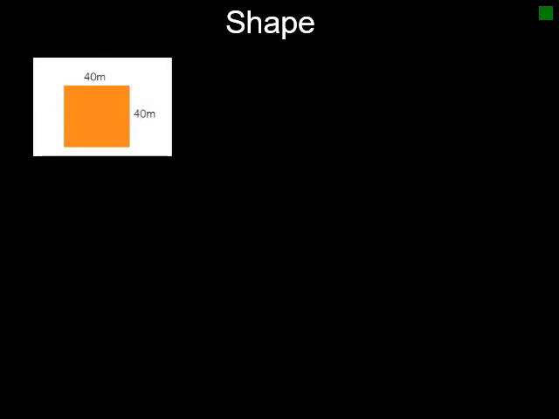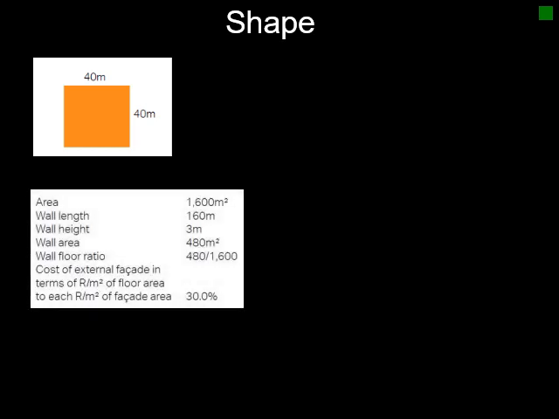At the shape of a building and how it actually influences the project. So this is just for background, and this is very useful whenever you do your task 1. So we've got two shapes that we're going to look at. The first one is a square shape of 40 by 40 meters, and we could calculate that the